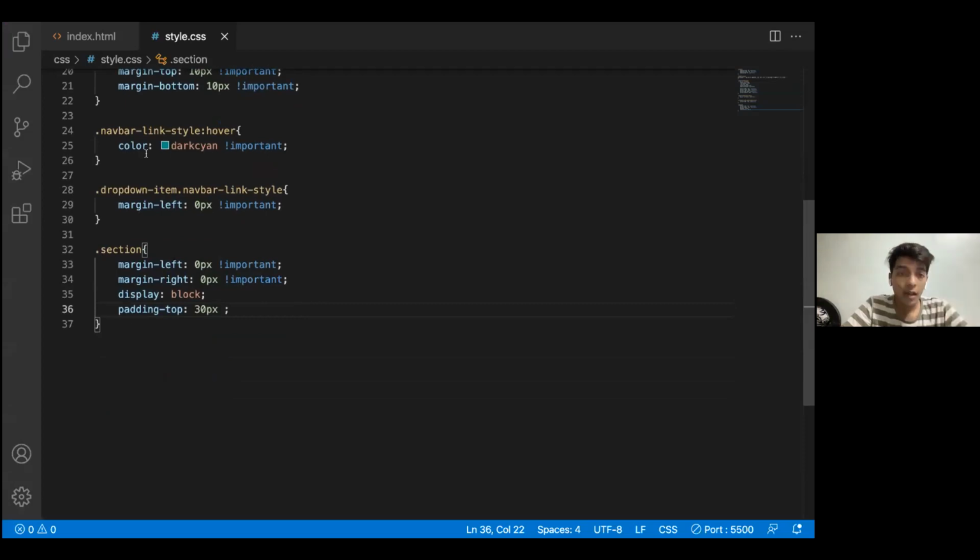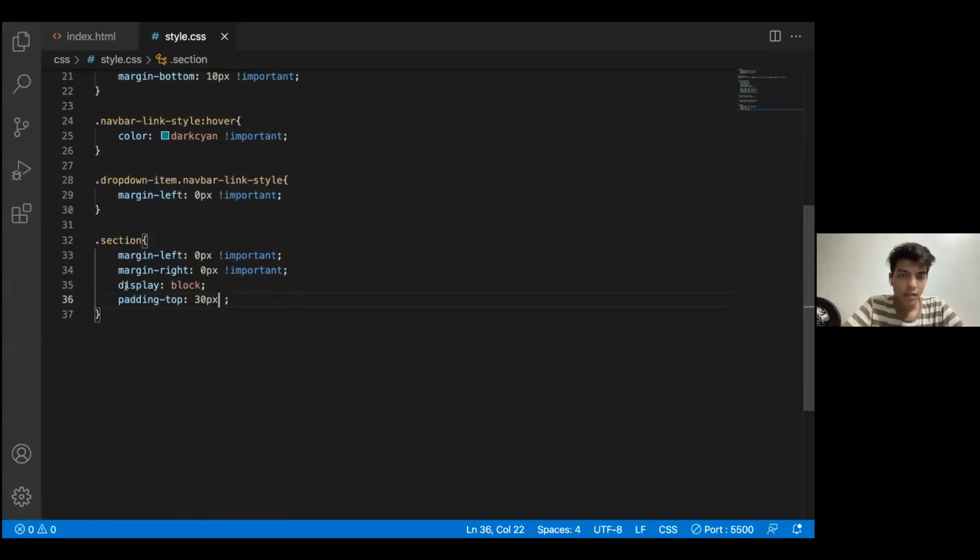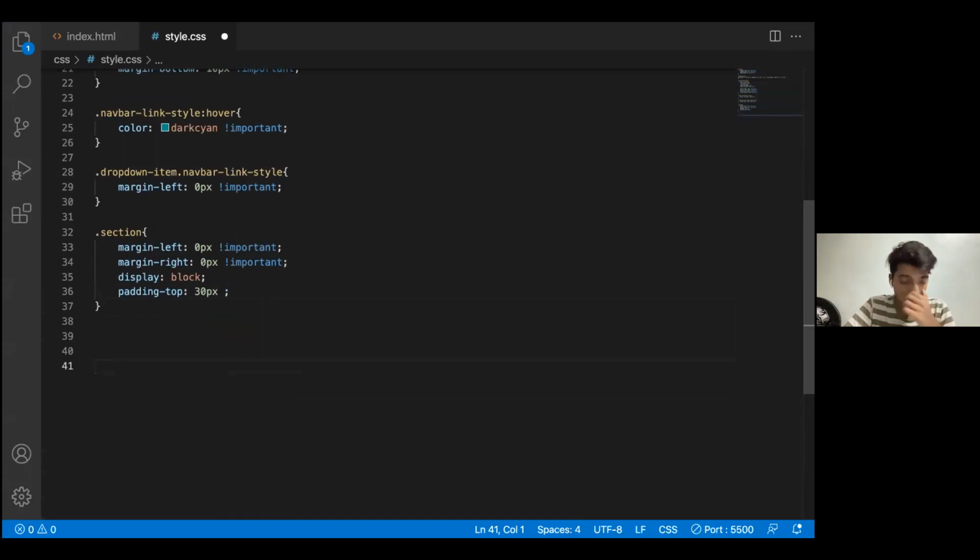Okay, so now I'll be going to my style.css and I'll be writing up styles for what is Bootstrap. I'll also be using comments so that when I give you the code, you can actually have an idea of what I was doing.